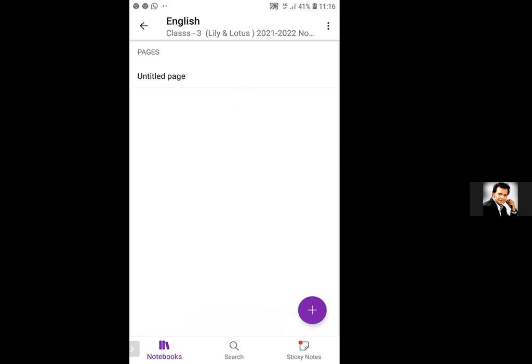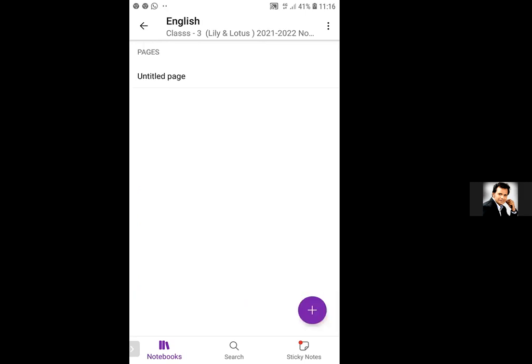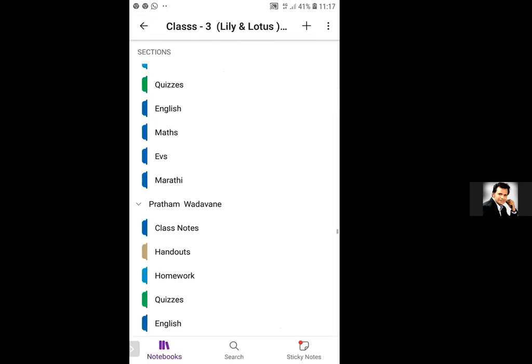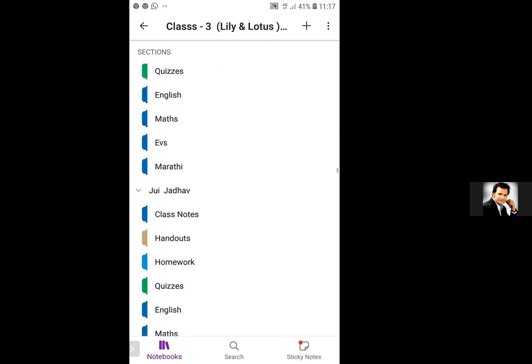See, on the top it is given English and in the left corner one arrow is there. I will click on that arrow. See, I have clicked on that arrow. Now all sections came. If I click on English, then it comes as an untitled page because it is still syncing in the background. Now I clicked on the untitled page. Then go out again and come here again. Refresh this page. See, different students and different screens.